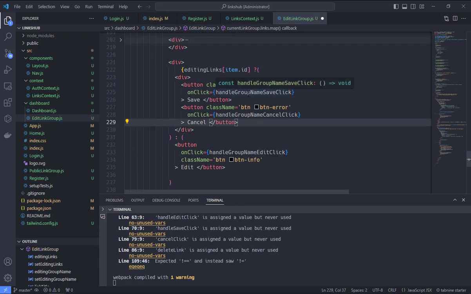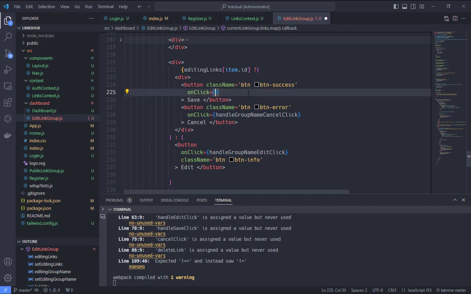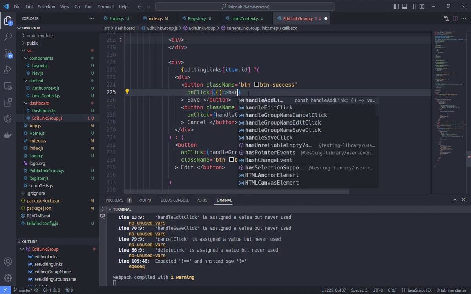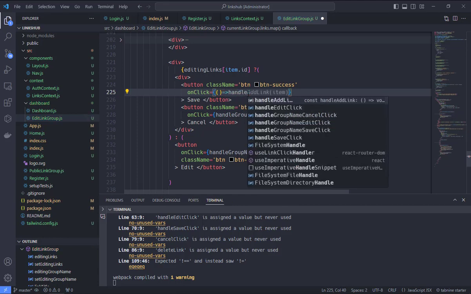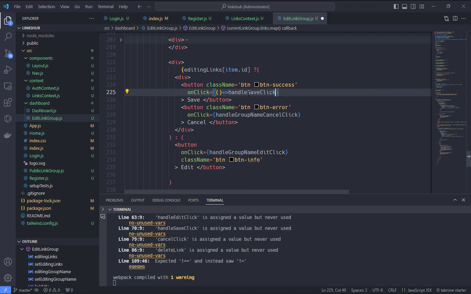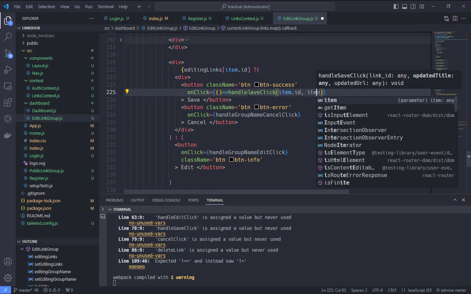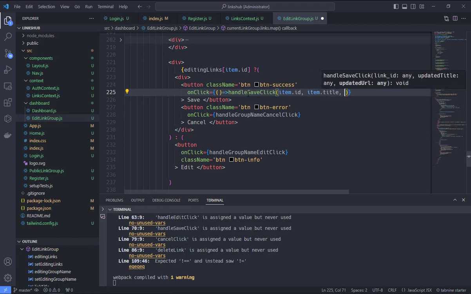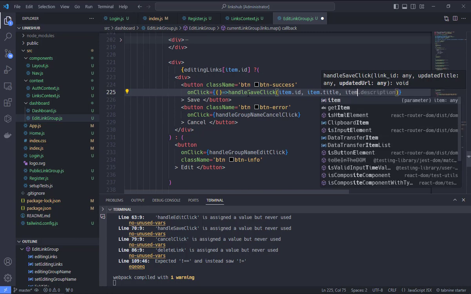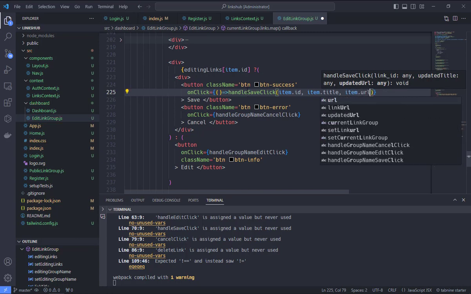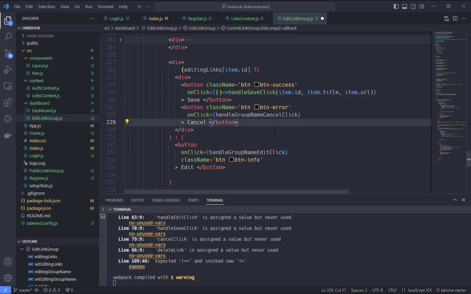Okay, instead of functions, we need to add save click dot id dot title and URL. So